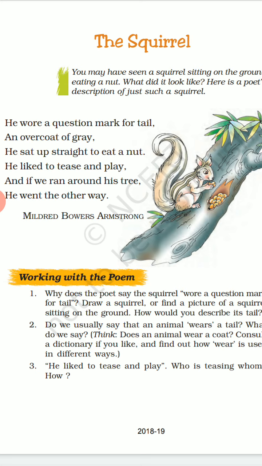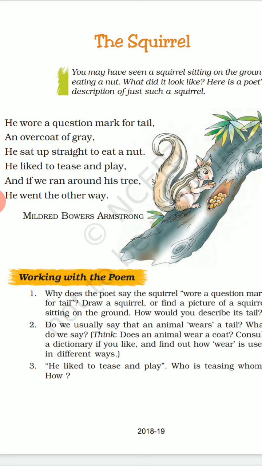They sit up straight. They always sit up straight in order to eat a nut. So you can see in the picture how the squirrel is sitting straight and eating the nut. So the poet says that a squirrel always sits up straight